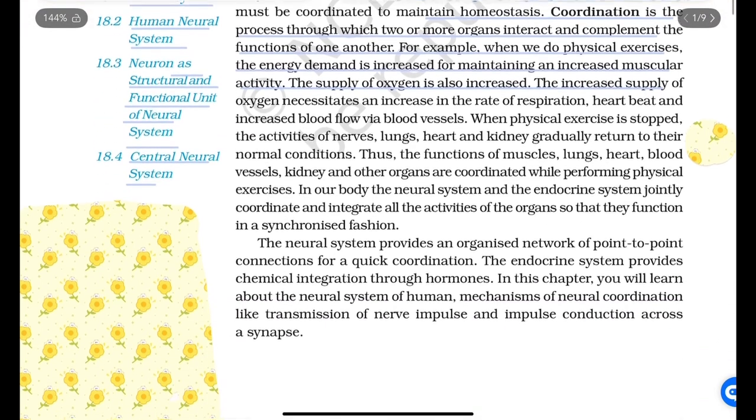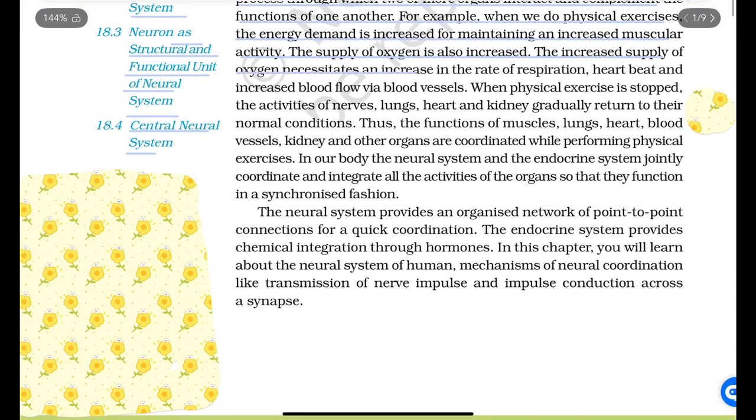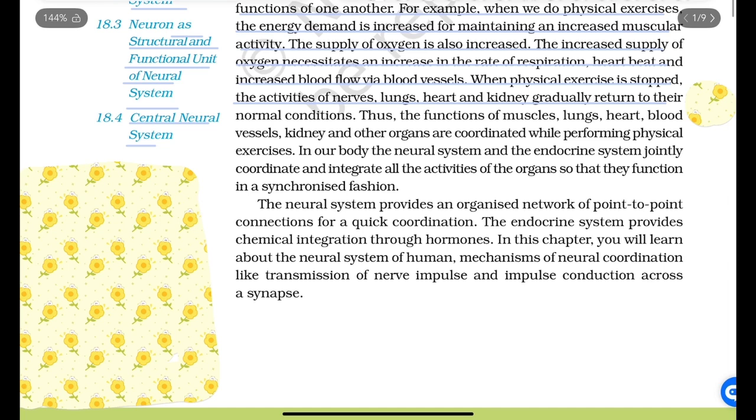The increased supply of oxygen necessitates an increase in the rate of respiration, heartbeat, and increased blood flow via blood vessels. When physical exercise is stopped, the activities of nerves, lungs, heart, kidneys gradually return to their normal condition. Thus, the function of muscle, lung, heart, blood vessel, kidney, and other organs are coordinated while performing